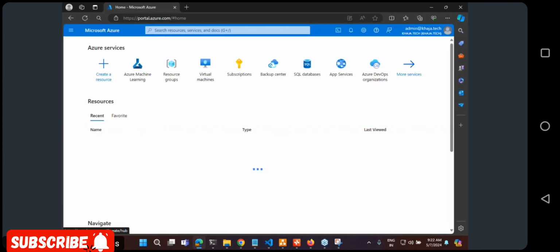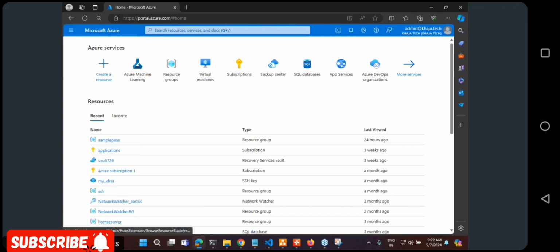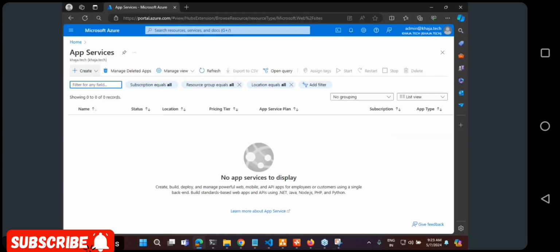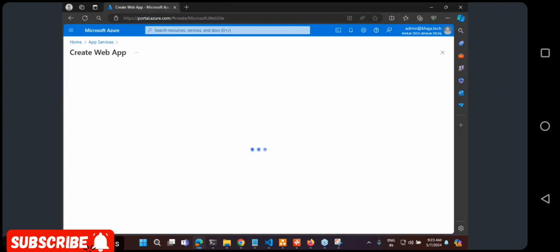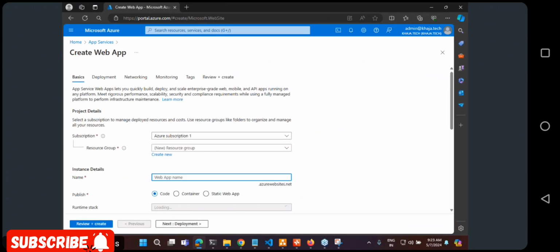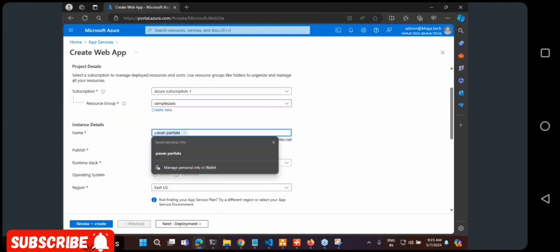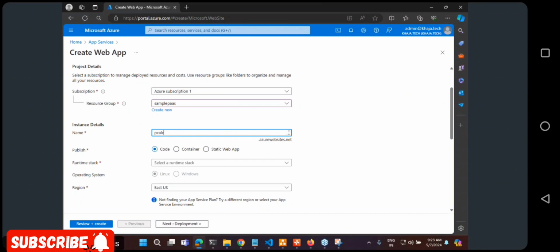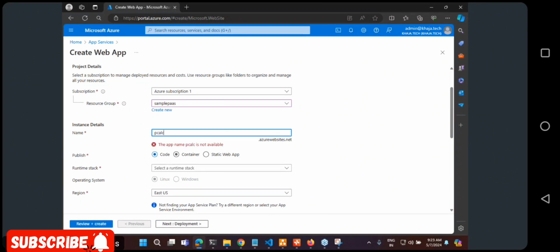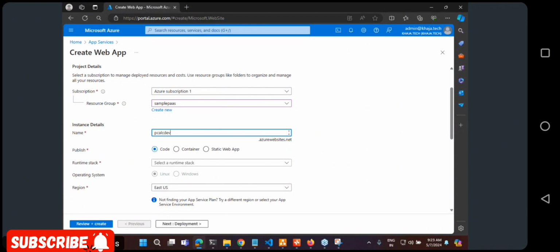So in Azure, we have something called App Service. When I am creating an App Service, it asks what kind of application you are trying to build. Let me say that my application is a personal calculator, pcalc dev.